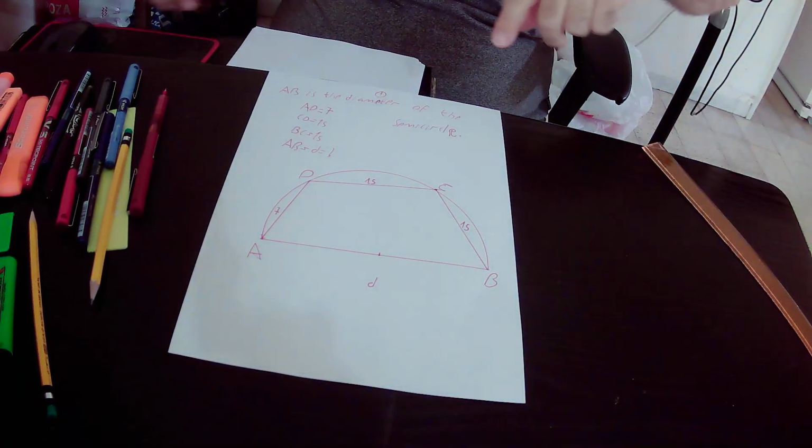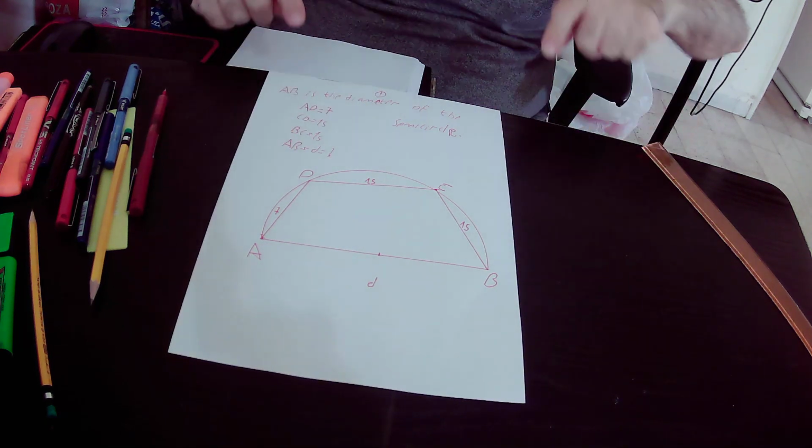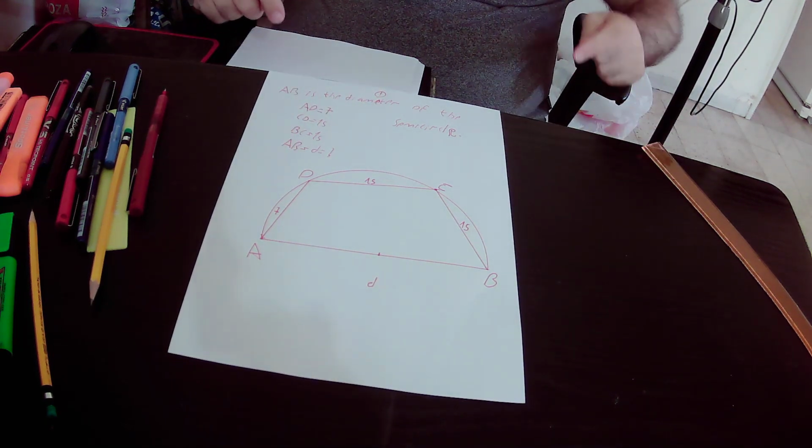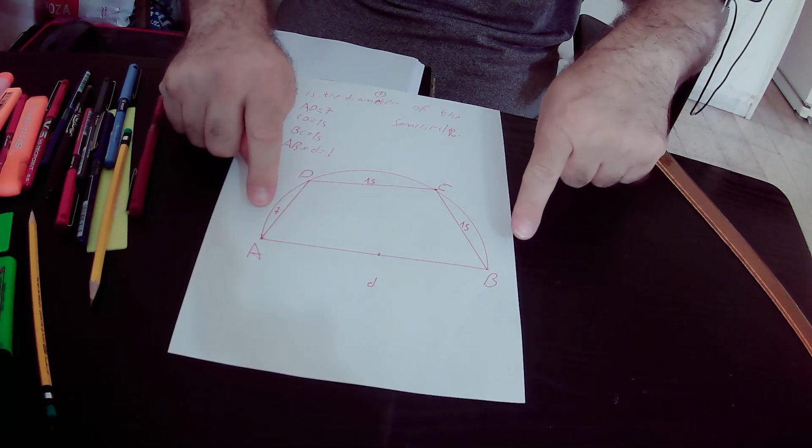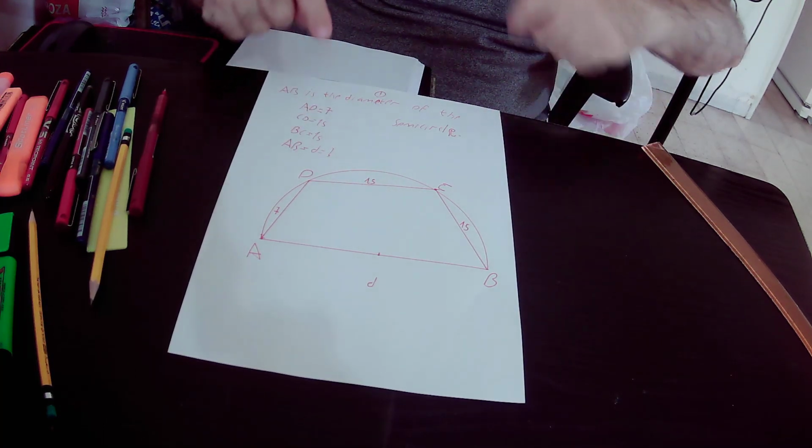Hello, in this lecture we will find the diameter of the semicircle. In the drawing we have a semicircle and we know that AB is the diameter of this semicircle,